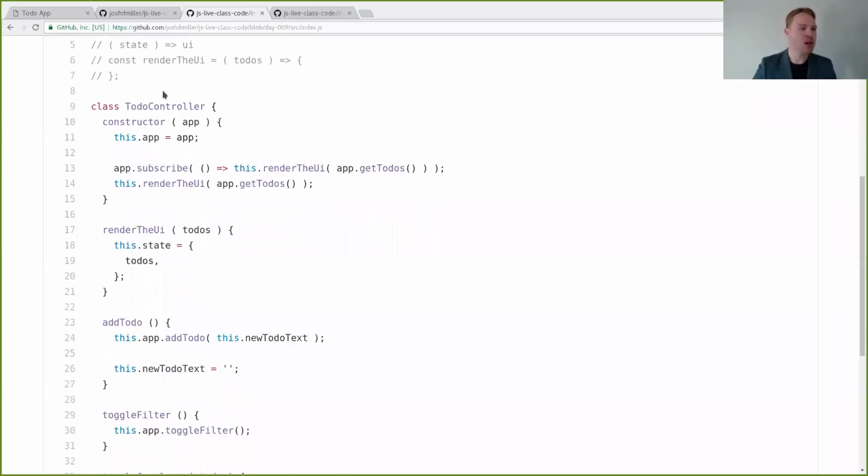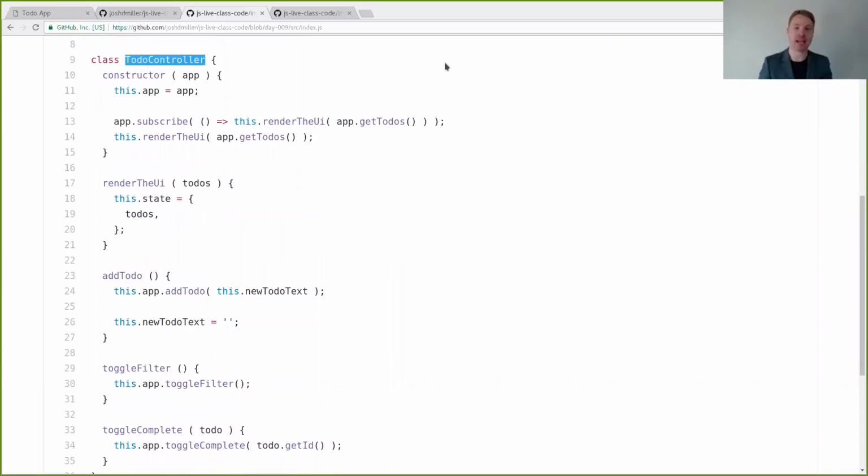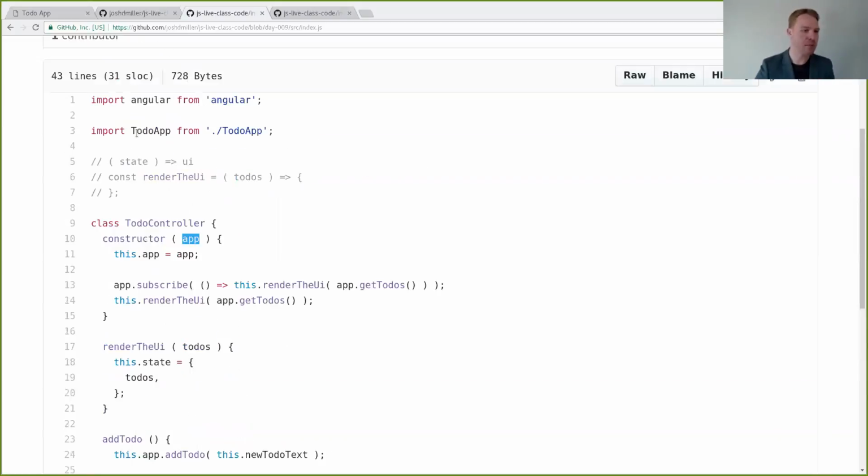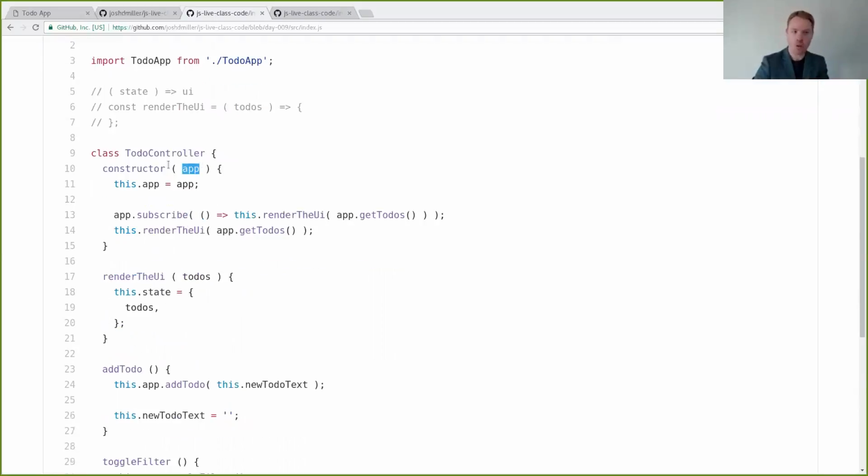Okay, so we're going to create a to-do controller, and this is just a plain JavaScript class. You don't have to do this using classes, but that's what you'll see most of the time, so that's how I chose to do it here. So it's a class, and in our class constructor function, it takes an app as an argument, which we assign here. So what is this app? Well, this app is an instance of our to-do app that we imported up here. Our to-do app that we use to get app.getTodos and app.setTodos and all that stuff comes from this thing. So we'll see where that comes from here.